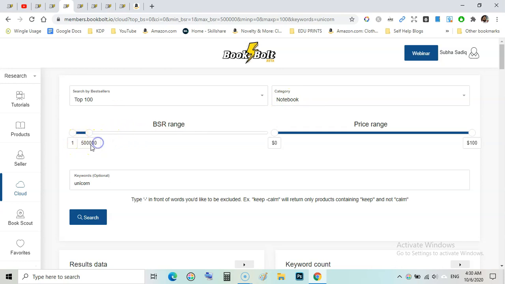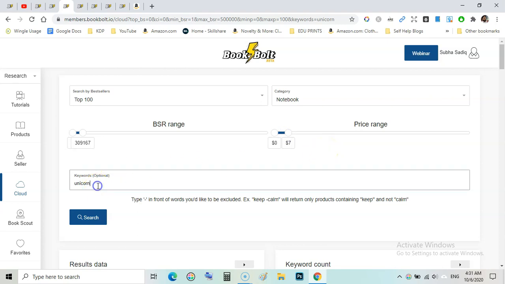You can also change here, like dragging this to 300,000, and you can also decrease the price range to 6.99 if you are looking for a book in between; I have selected 7.